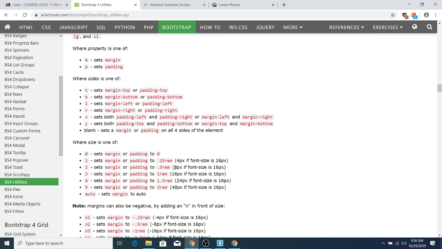So 4 pixels, 8 pixels, 16, and so forth. But you might say, well, what if I want 6 pixels? You're just going to have to deal with it. The reason that they do this, I understand the rationale behind it. It's because what was happening is that you'd see a lot of these sites with very, very minor inconsistencies where somebody decided on their own, hey, this looks better with 6 pixels. And so what would happen is between each page, you'd go page to page, and you'd get these very, very minor little differences between each page